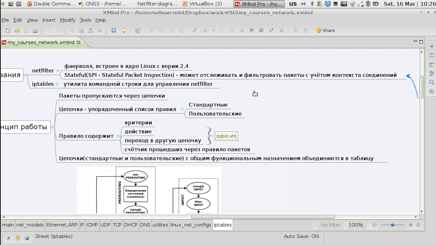Stateful firewall can see if a packet passing through it is